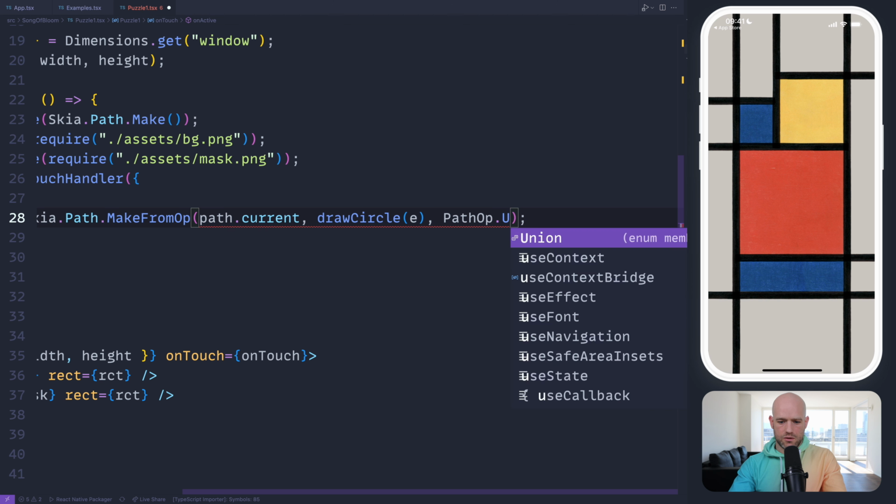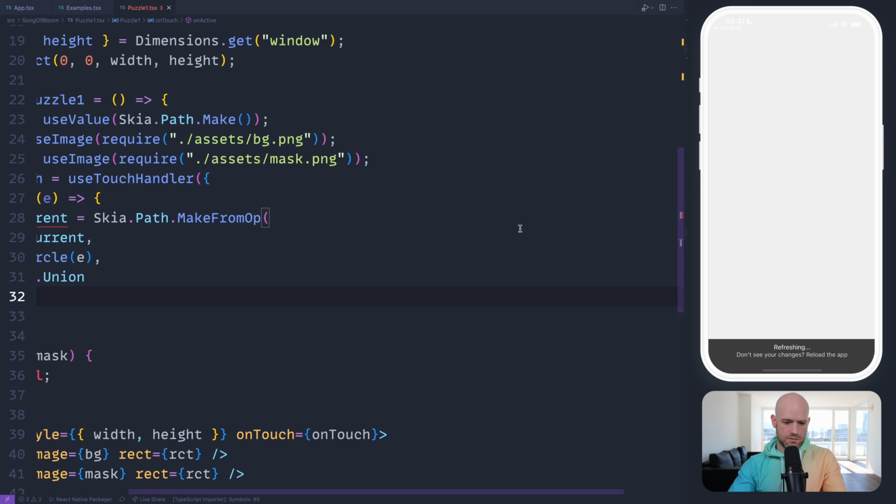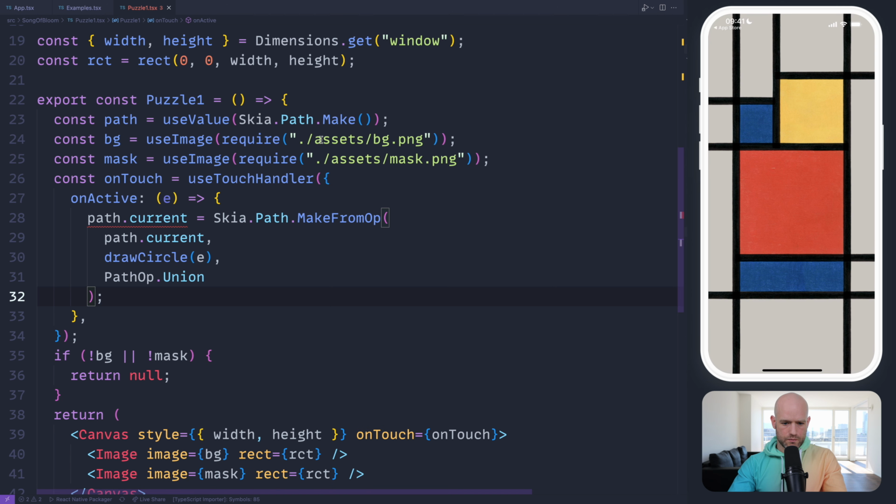That's almost correct. Let me import it. Union. So path here. And this, I think we can make it, remove the null.